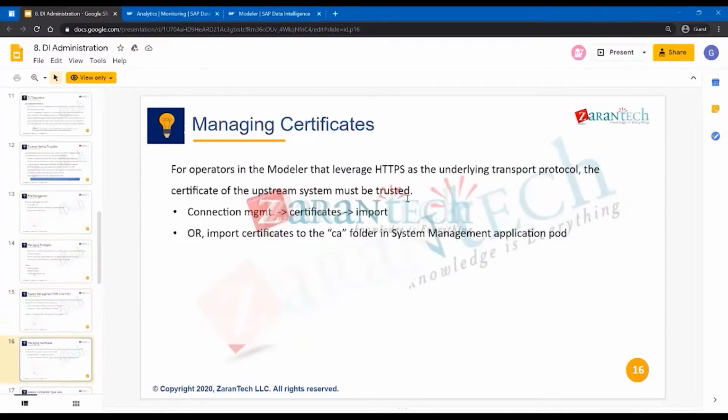So apart from this, let's talk about certificates. This is something which we covered, I think, on day 1 or day 2. If you are connecting to systems which need a certificate authority, which are based on SSL, you need to have those certificates. There are two ways you can import a certificate. One way is via the connection management certificate section, which I will show today. The other is via the command line. Via the command line, there is a folder called CA, that is certificate authority. You can import